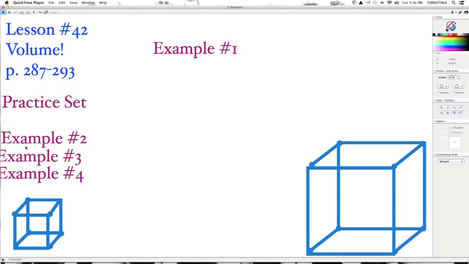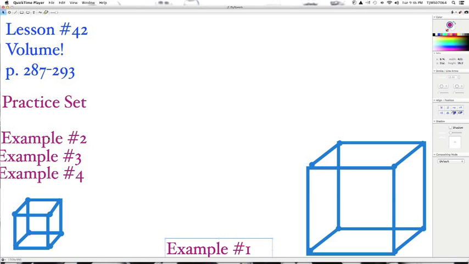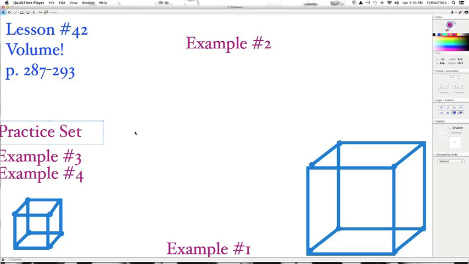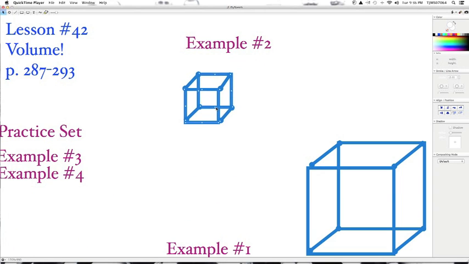So far, so good. Let's go on to example 2. Example 2 says, a sculptor carved a 2-foot cube of ice into a swan. Beautiful. At 57 pounds per cubic foot, what did the 2-foot cube weigh before it was carved? Okay, so let's take our cube here, and we know it's 2 feet on the side. It's 2 feet this way, and it's 2 feet this way, and it's 2 feet this way. 2 times 2 times 2 is 8, so it's 8 feet